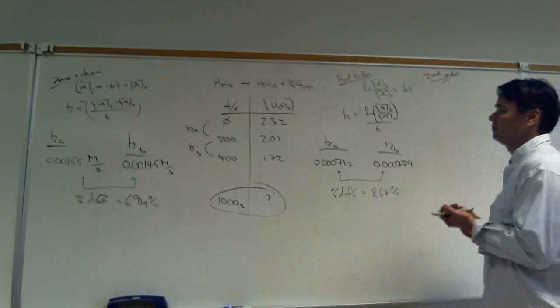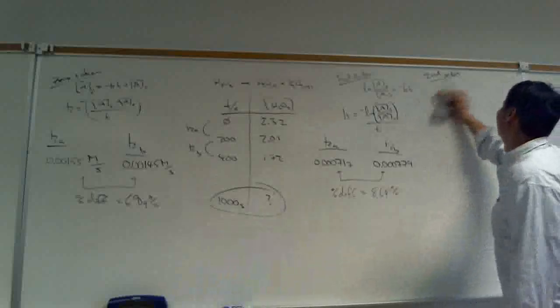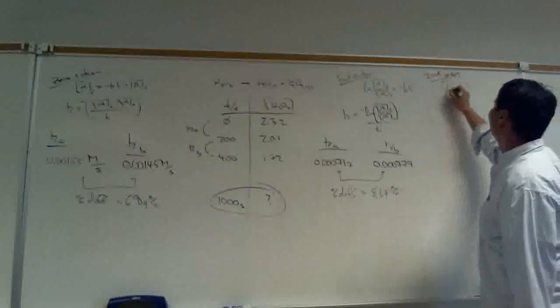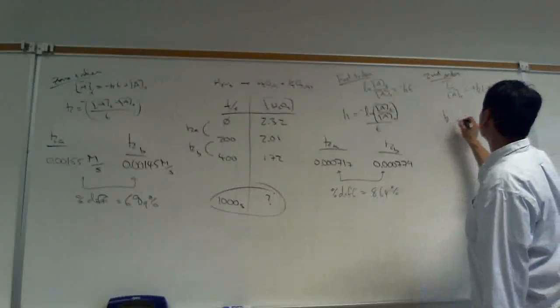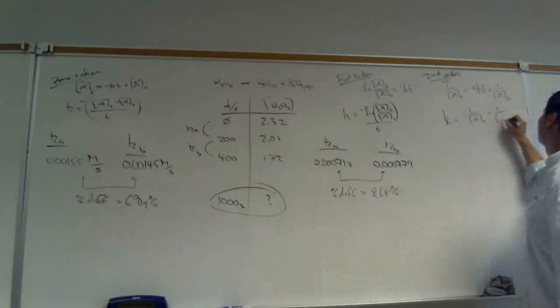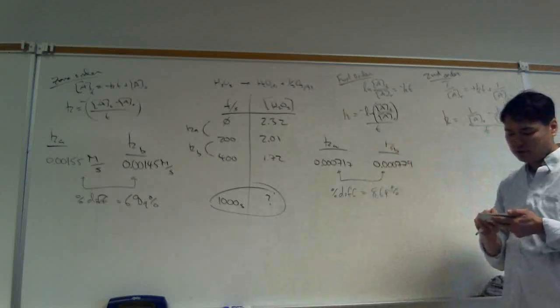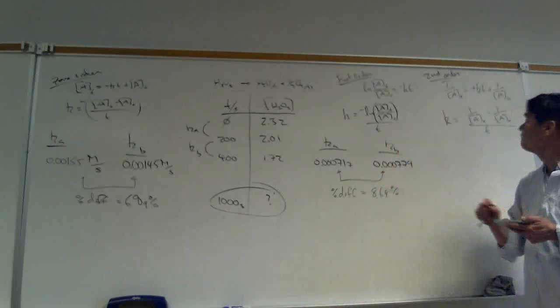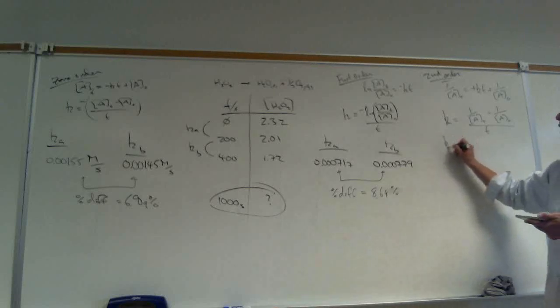So let's try it. Second order. Oops, I don't want to make a table. Second order is going to be 1 over A times T is equal to plus KT plus 1 over A times 0. Solve this equation for K. K is equal to 1 over A times T minus 1 over A times 0 divided by T. And so we use the invert key on the calculator for this. And so I'll just enter it in. A times T is 2.01. So I do 2.01 invert minus 2.32 invert equals, divided by 200 is the time interval, and I get Ka of